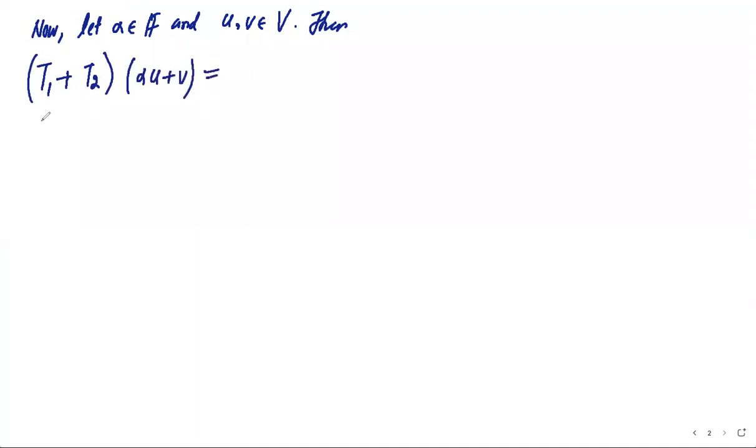First, we should have defined how we define the addition of these linear transformations. The addition is defined in this way, which is actually the natural thing to do: T1 plus T2 of v is defined as T1 of v plus T2 of v. Under this definition of the sum of linear transformations, T1 plus T2 is again a linear transformation. So by the definition of T1 plus T2, this can be written as T1 of alpha u plus v